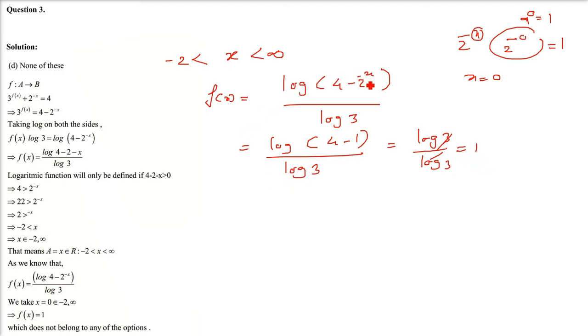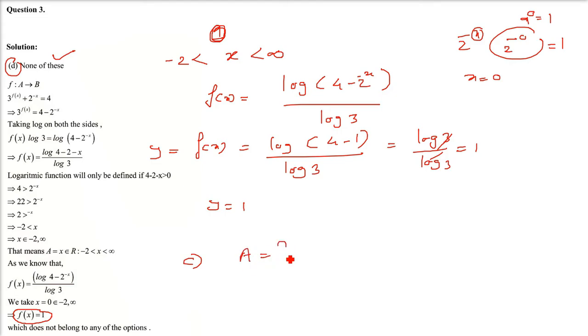Now, you are getting the value of y here. When you put the value of x, you get the value of y. f(x) is nothing but y, which is the codomain and the range. So here f(x) equals 1. So we have to see an option where 1 lies. There are certain options being given. In the answer, it is clearly given that this is none of these. f(x) equals 1 does not lie in any of the options A, B, C. Therefore, the answer is none of these. So we'll go with this answer, but I'll have a discussion. You take the C option.